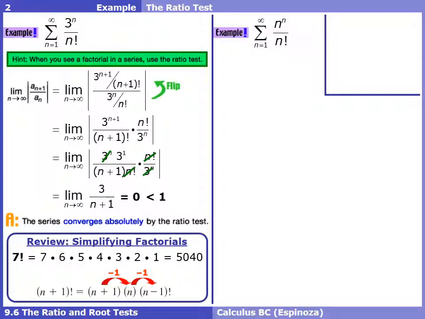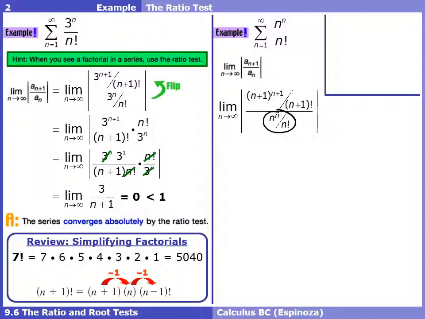Okay, in this next example, again, it's a great candidate to use the ratio test because it's got a factorial in it. So let's jump straight to doing that. We're going to set up the ratio. In the top of this fraction, be careful. There's a lot of n's here, so again, wherever we see an n, we're going to plug in n plus 1 using parentheses. So we're going to have n plus 1 all to the n plus 1 power over n plus 1 all factorial. And then, of course, luckily in the bottom of the fraction,